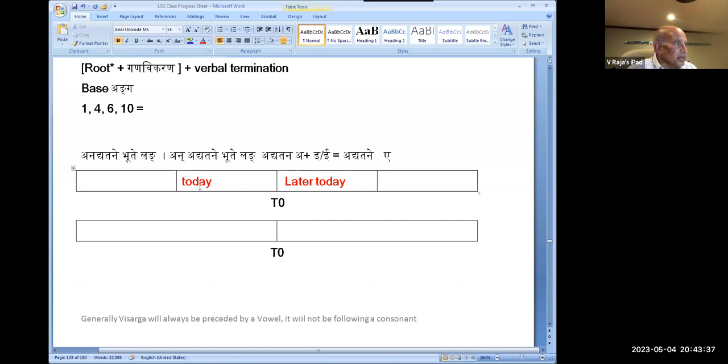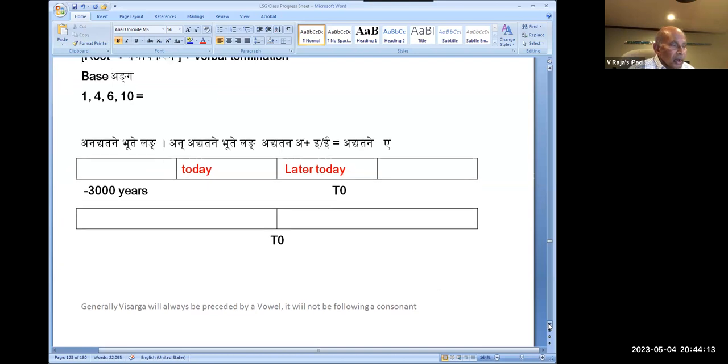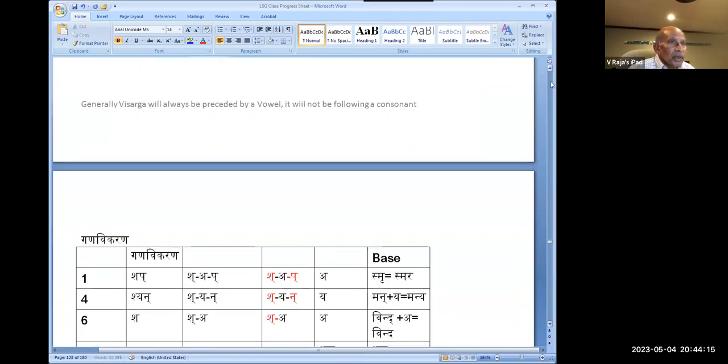And past tense, there is a long past tense. Long. Let's say it is 3,000 years or 2,000 years, and we can put minus 3,000. This is so long. But whatever did not happen today is called lung. So there are 3 past tenses. I will tell you, where is the past tense business?